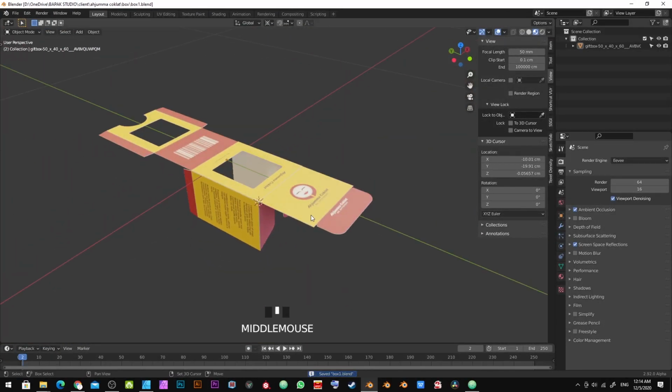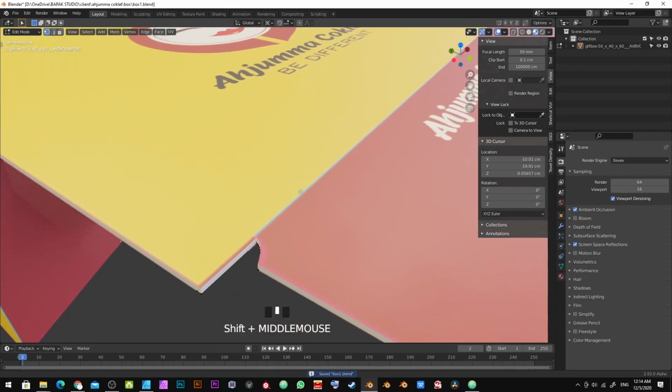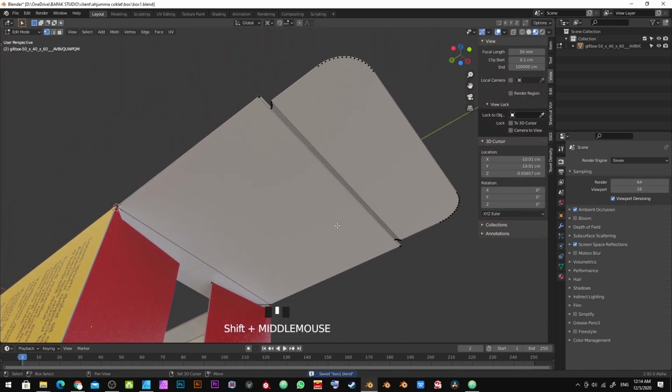Okay, so for this one you need to rotate this